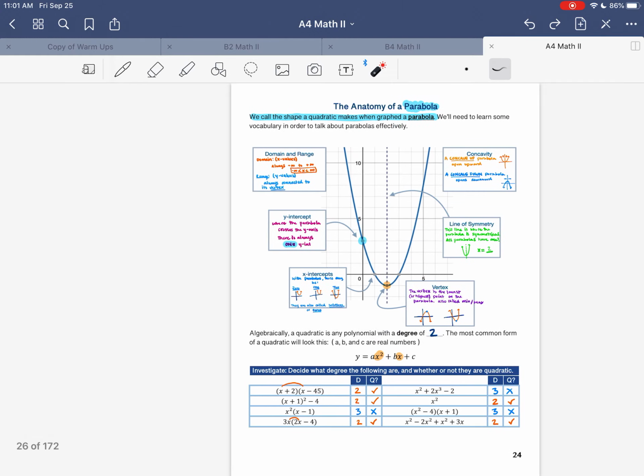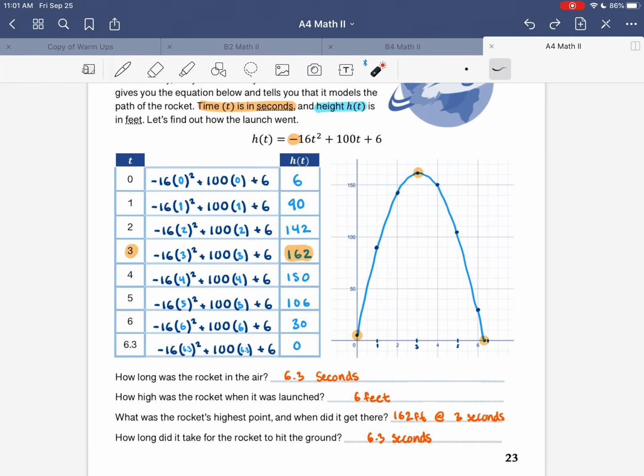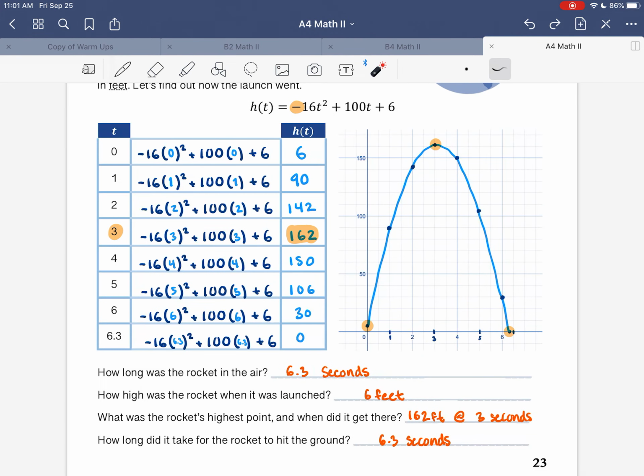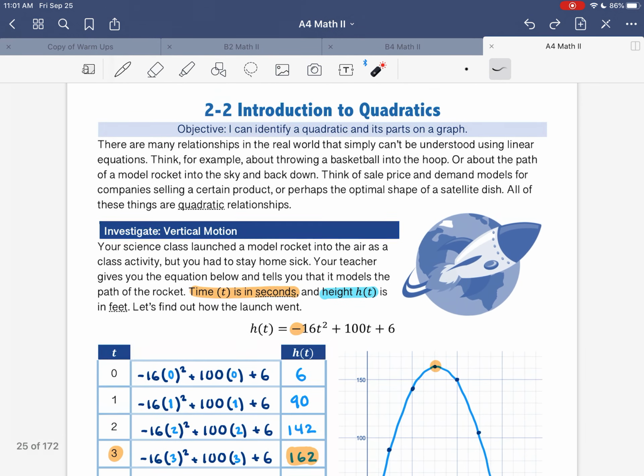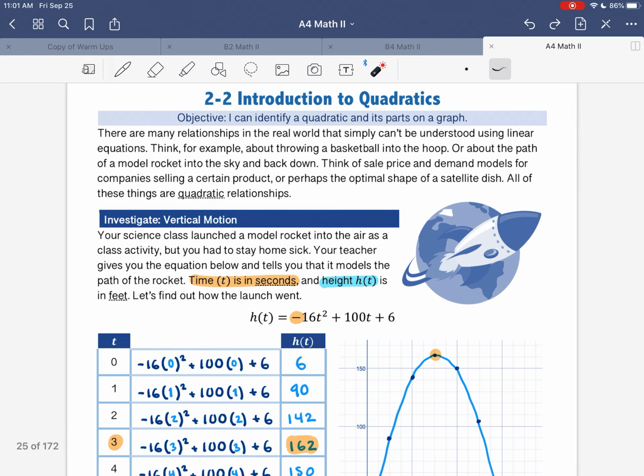So that's the lesson for today. That's our introduction to quadratics. Next time we'll talk more about what they look like and what each form is useful for. Quadratics are really super cool, so I'm excited to get